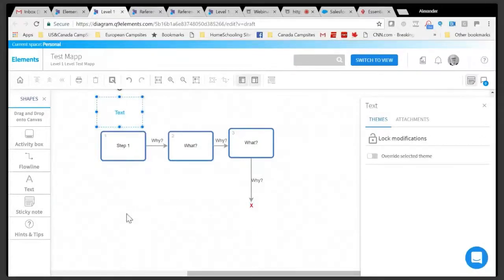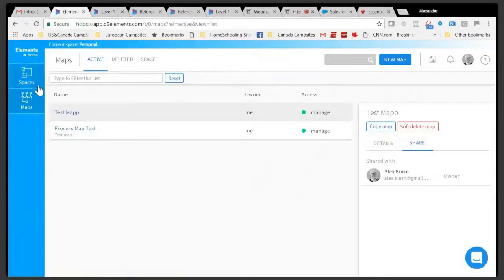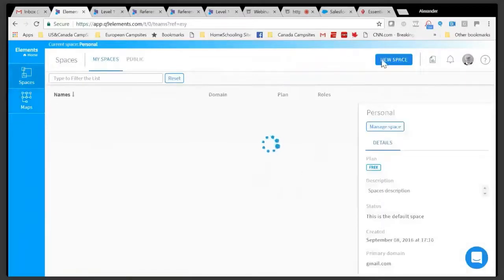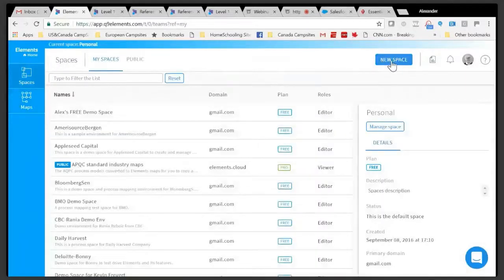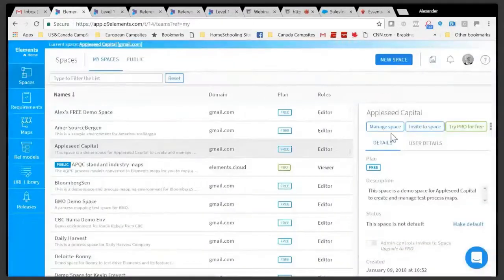Okay. The other thing you can do is if you want to invite other people to map there, if you go back to the window where you had your process map, you could, if you wanted to, not in your personal space, but you create a new map, new space. Go to my spaces, and you can say new space and create a new space. I've got a whole bunch of them. But if I wanted to, let's say I had a space like this, I could simply invite to space, and